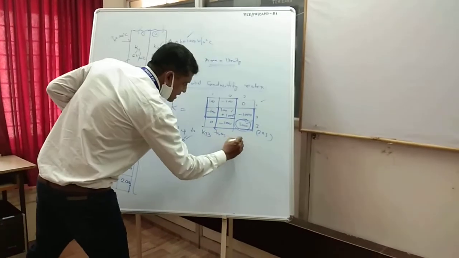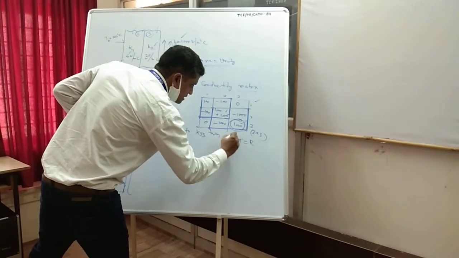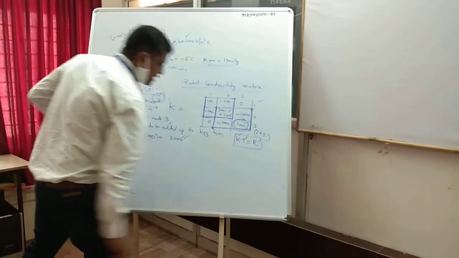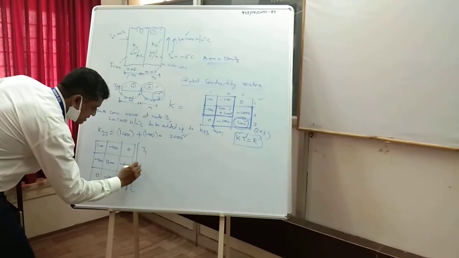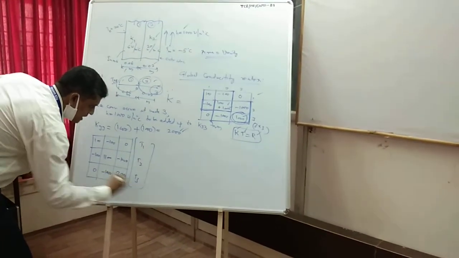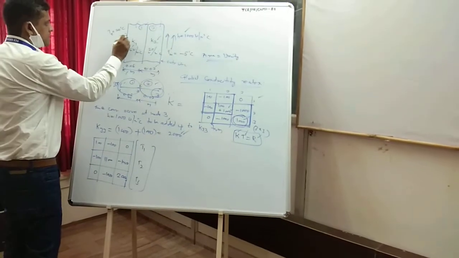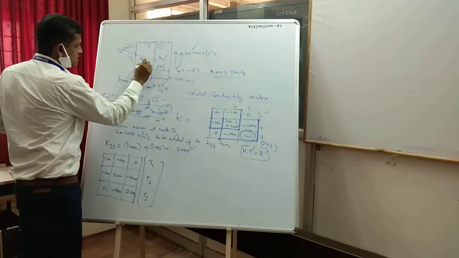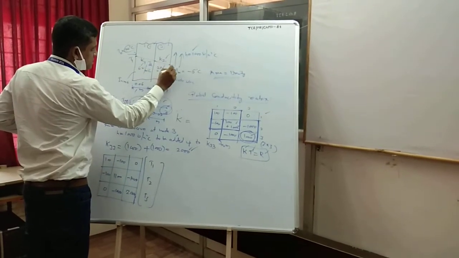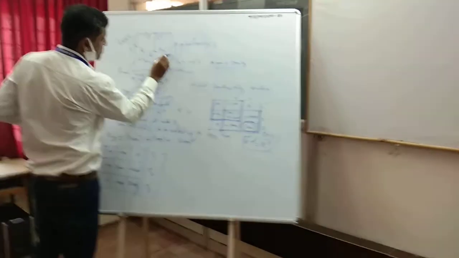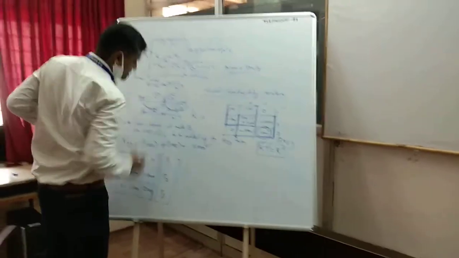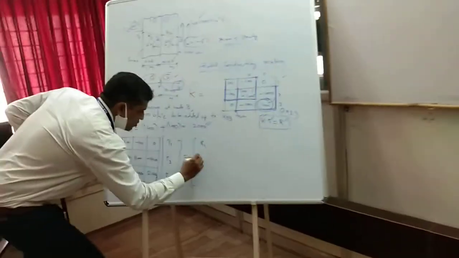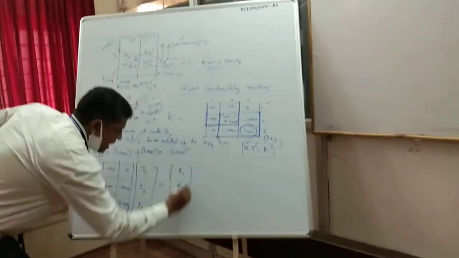Now we have considered both conduction and convection. As we know, the global equilibrium equation for conduction and convection is given by K into T equals R, where K is the global conductivity matrix, T is the temperature, and R is the heat rate vector. Temperature values are T1, T2, T3 across the wall. T1 is already given as 20 degrees Celsius, T2 is the middle, T3 is the right side wall temperature, and the ambient temperature is minus 5. This equals R1, R2, R3.